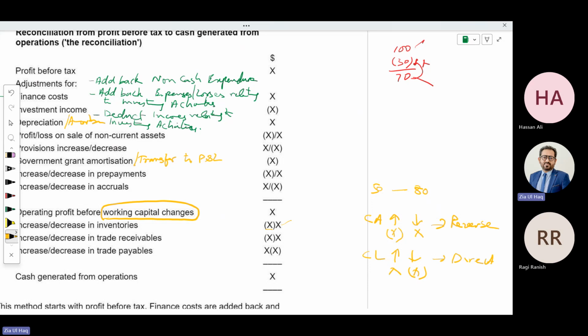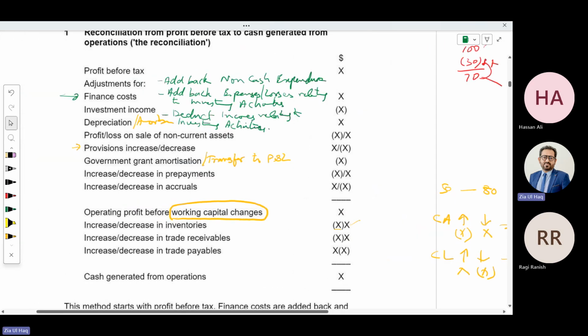In current assets, inverse relation. Increase, deduct, outflow; decrease, add, inflow. Current liabilities, direct: increase, inflow, add; decrease, outflow, deduct. So see this: increase or decrease in inventory, in receivables, in payables,